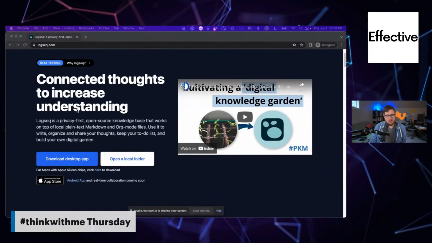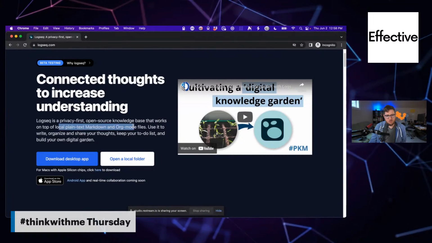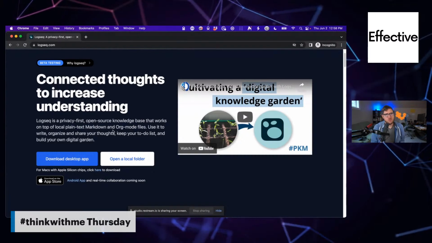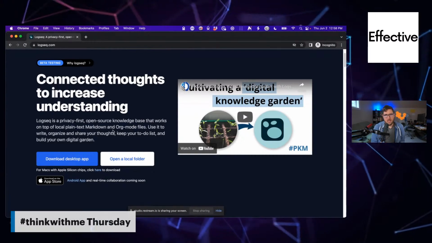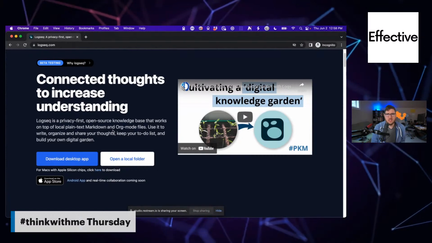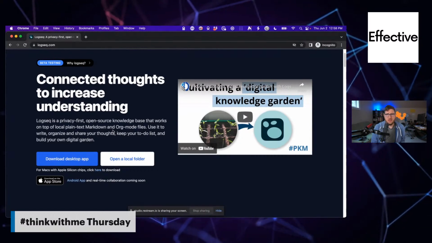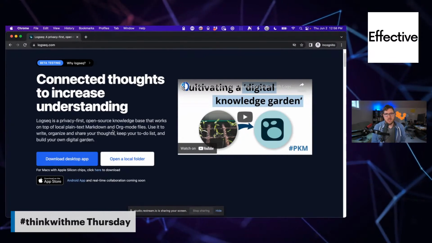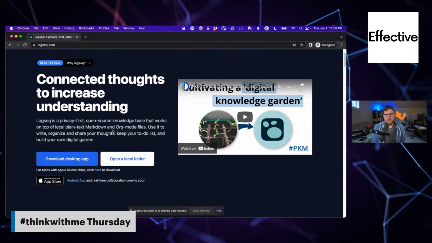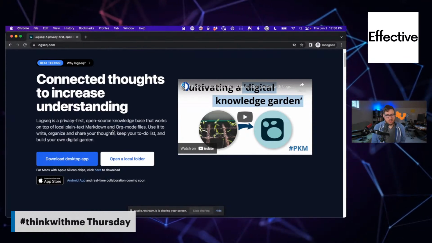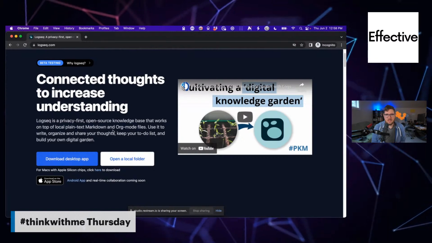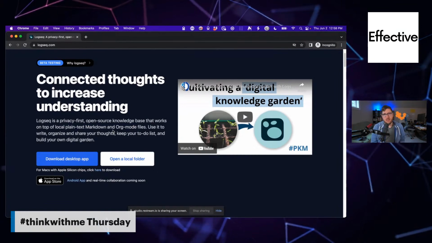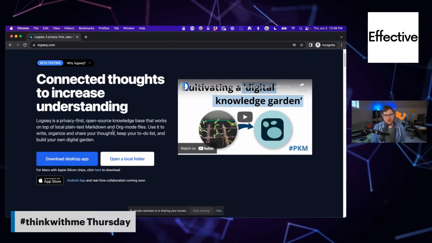One thing that's really neat about Logseq is that you can use Markdown or org mode for it. If you're not familiar with Emacs org mode, it's probably one of the most popular ways to manage knowledge outside of some of these more recent PKM apps. And that's just because it's extremely powerful. The one downside with that, though, is that org mode is very difficult to use on mobile devices. I know there are a few apps on Android and like one on iOS that do okay with it, but it's been a little bit more difficult to find one.